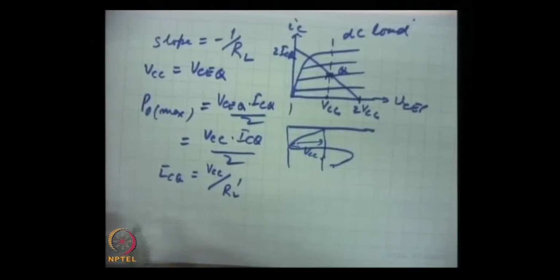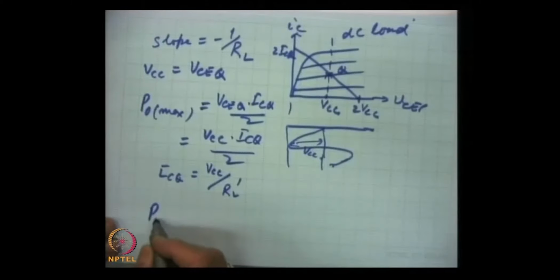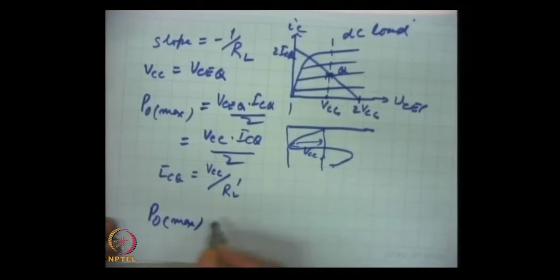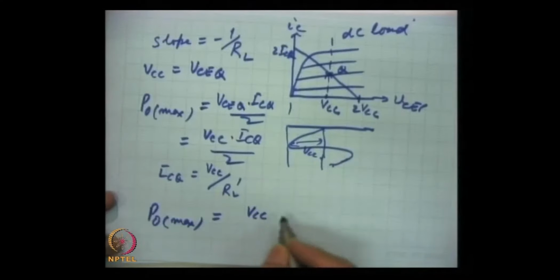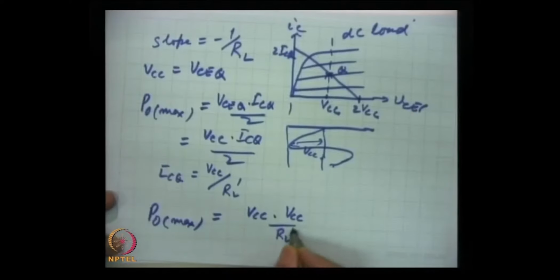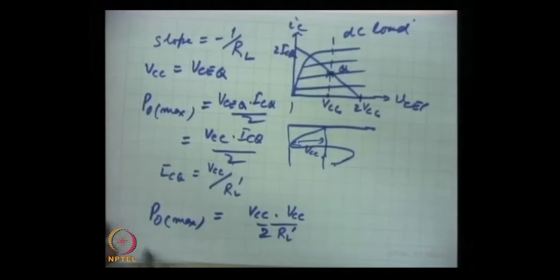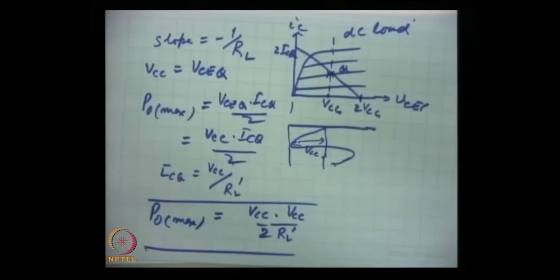So the AC power becomes, we substitute for IC, PO maximum is VCC into ICQ, and for ICQ we write VCC by RL prime and 2, this 2. So this is, for the transformer coupled class A amplifier, the maximum output power,